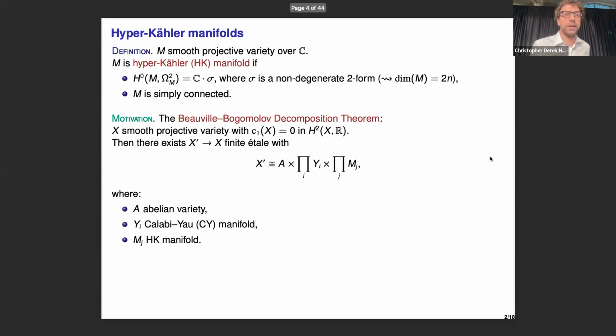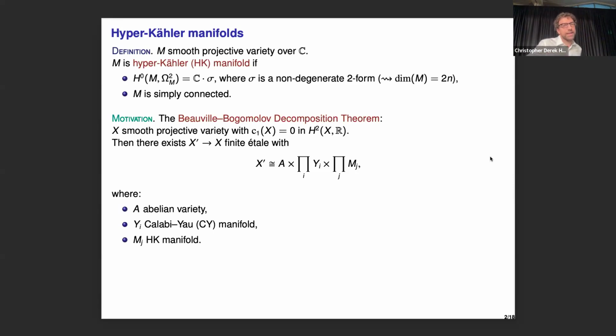Let me make a small motivation as to why we are interested in these. There is a metric motivation, more from the differential geometry point of view. We won't talk about this so much, but we'll try to motivate more from the viewpoint of rational geometry. This is mostly motivation for the week before. One of the fundamental theorems about varieties with first Chern class equal to 0 is the Beauville-Bogomolov decomposition theorem. This is based on some results in differential geometry, essentially Berger's classification of holonomy groups.